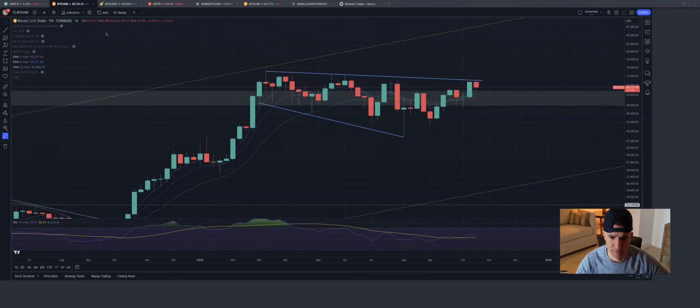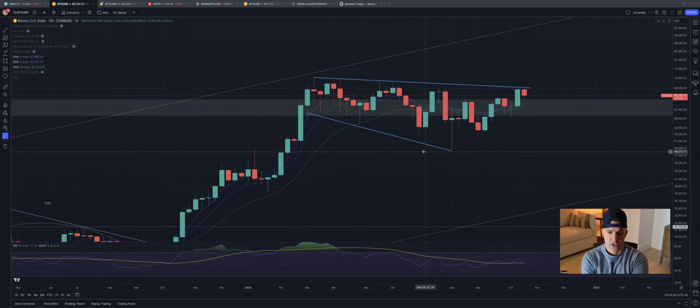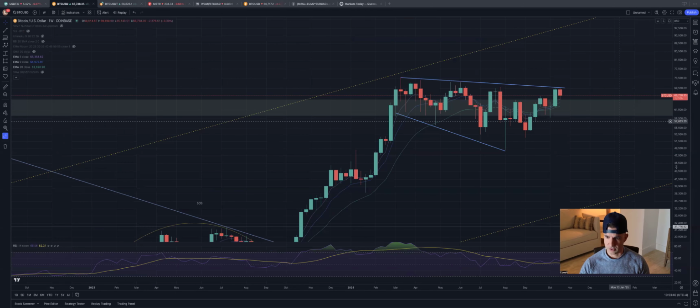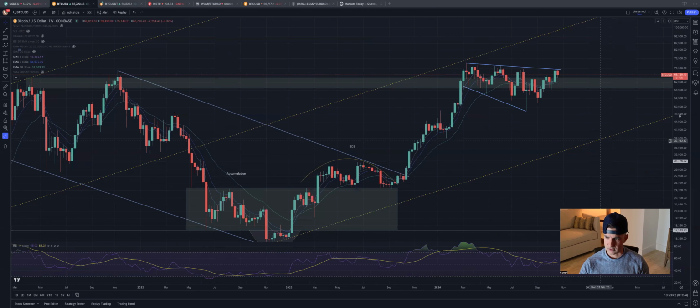So that's USDT dominance and my interpretation of what's going on in terms of the liquidity that exists inside the crypto ecosystem. Now let's go to a weekly chart of Bitcoin on the Coinbase chart. And this is really, really zoomed in. Let me zoom out just to kind of show you how I've constructed this chart